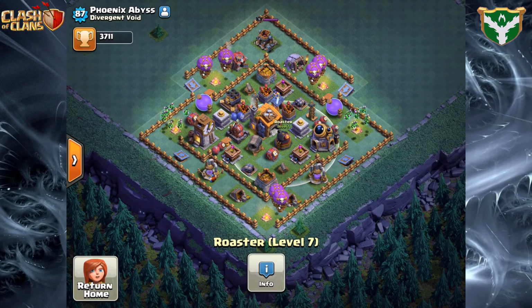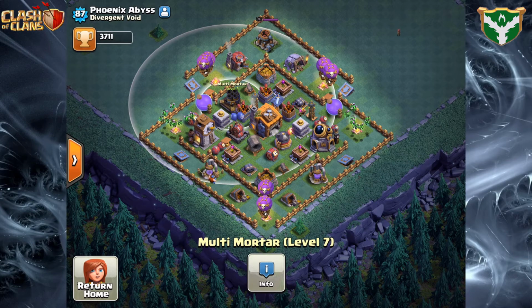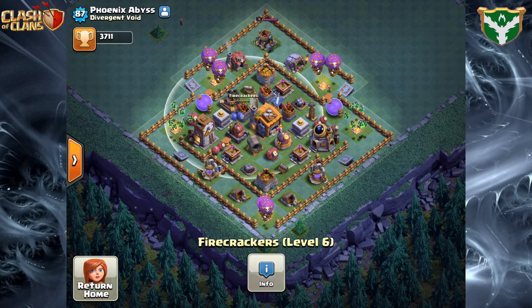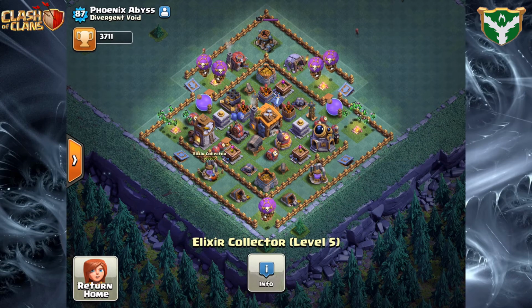Phoenix Abyss, Roaster, MultiMortar. Again, always moving the same stuff up first. Always getting those 2 done right away. Here's the Giant Cannon at level 5. And, I mean, that's really about it. Level 6 in the firecrackers. I got 1 at level 5 I need to upgrade still. I think I ran out of gold at the moment, so I'm working on an elixir collector I still had